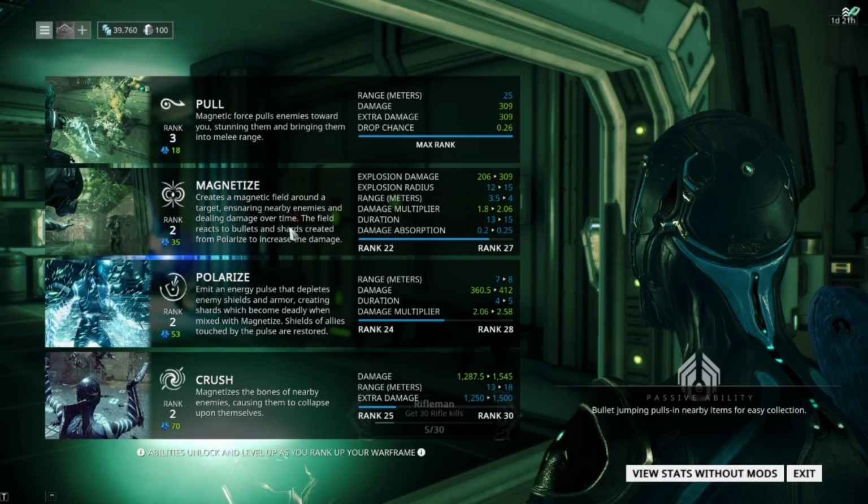If enemies shoot while you're magnetizing, the bullets get caught in the shield, and if you polarize, I guess they shoot back out. Not sure, I haven't used this combination yet. Didn't have a need to use it. So far I've been doing well with just pull and crush. Crush is basically the ultimate ability. It deals a ton of damage, but in a small area around you, and